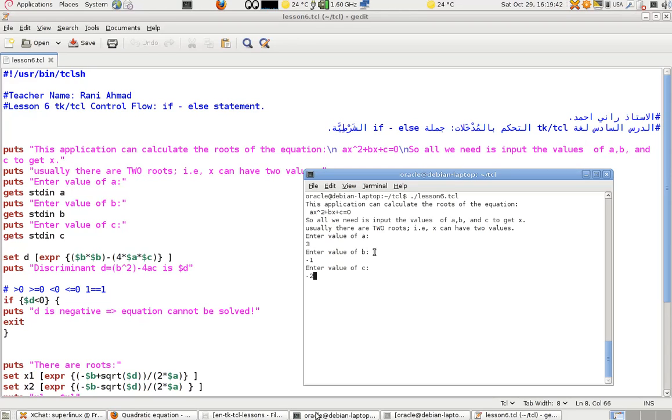Okay, so I'll press enter. This must give you a solution always. Okay, if you have a plus b plus c equals 0, then one of the equation roots is 1. Okay, and the other one will be minus c over a. Okay, it's c over a. Anyway,